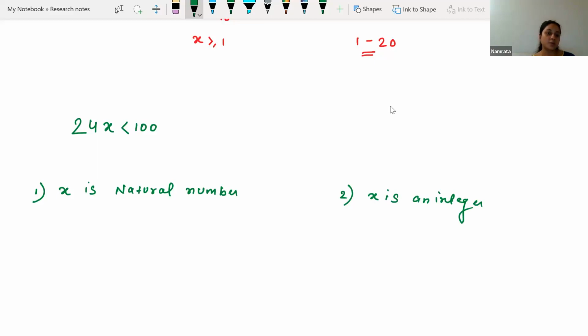Okay, it's not an option, it's in the question only. It says 24x is smaller than 100 when